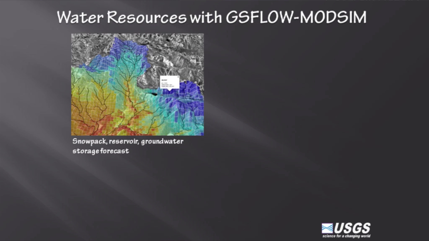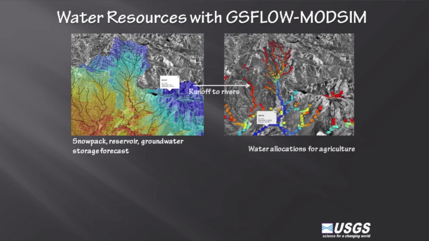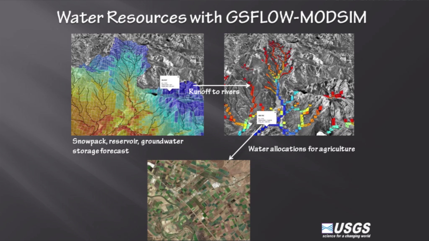So what we get is snowpack simulations, predictions about how the snowpack is going to develop through time. And then that is fed to create the flow in the stream systems, and we can predict the flows. And then those flows are delivered to the agricultural sector so that they can plan what fields to plant and how much water they're going to have to pump.